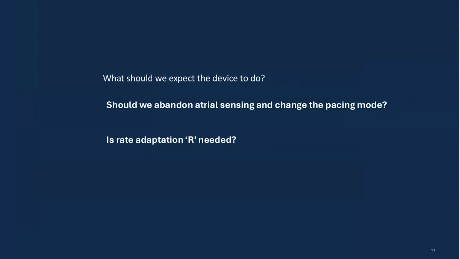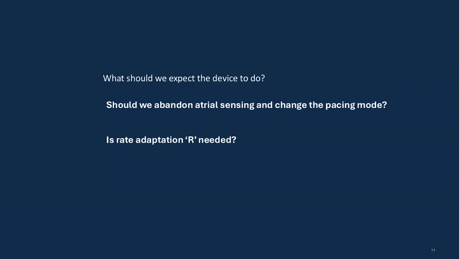I think we have to do rate limiting to not track the atria. Okay. The VVI mode, to allow the pacemaker to not track the high rate of the atria. So